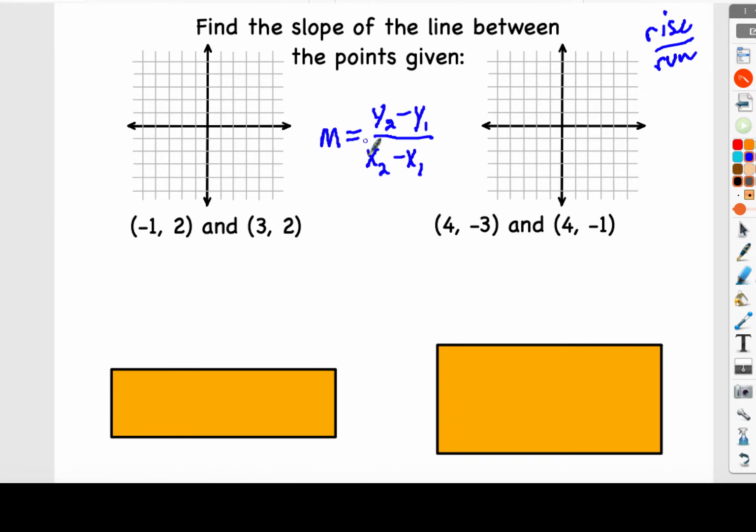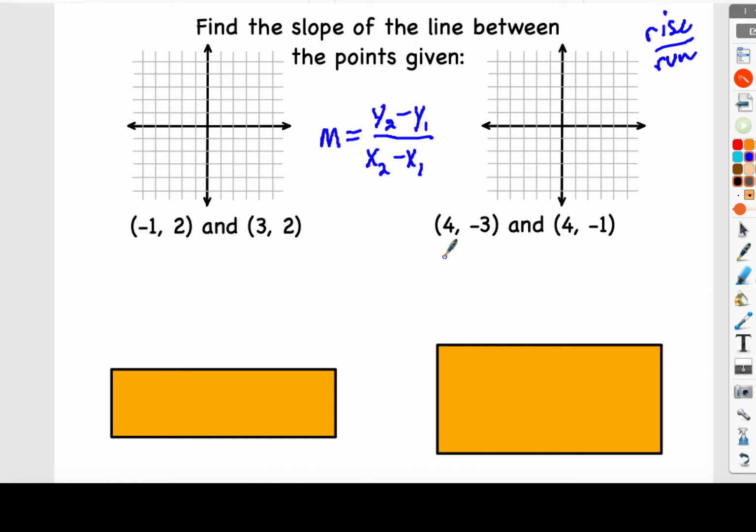Remember those 2's denoting they're coming from the same coordinate. This little sub 1 is just saying they're coming from the same coordinate. And again, we're just subtracting because we want the difference between, right? The difference between the rise, the vertical measurement, in ratio with, divided by, the run, the difference in x coordinates. Let's try that with the points down here and see how they're a little different than some of the